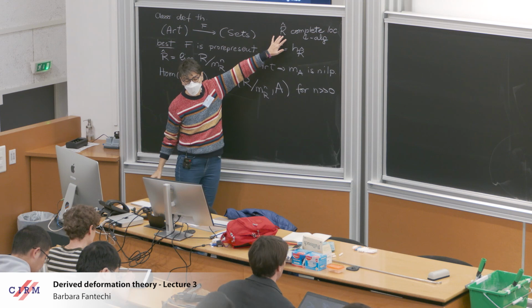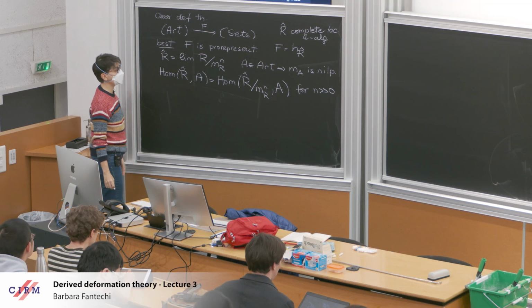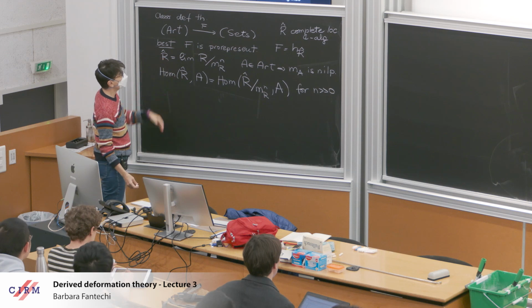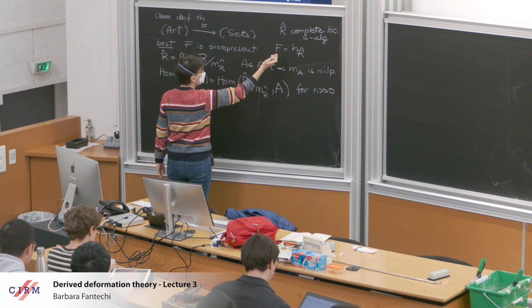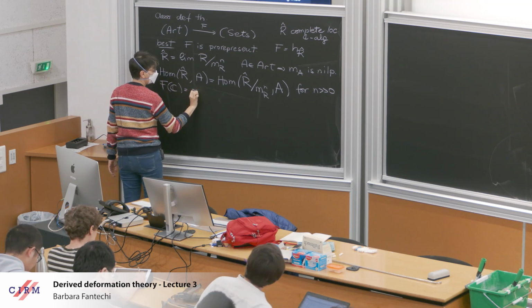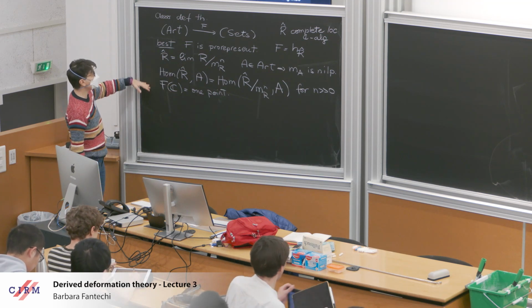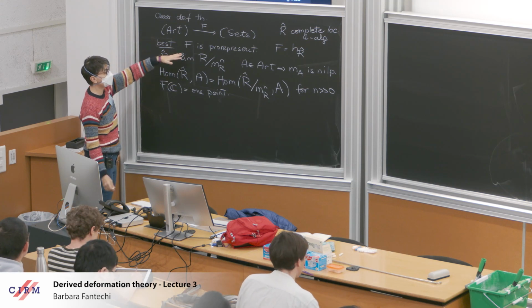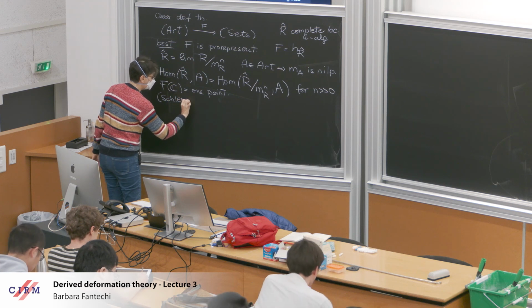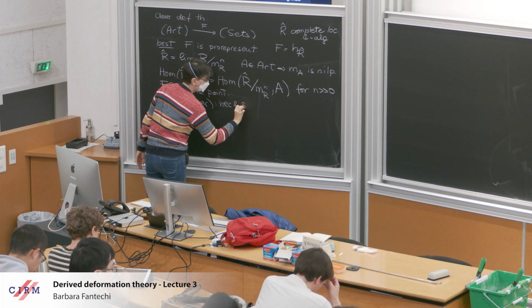Basically the finiteness I want is that all these finite approximations are also Artinian. And of course the first condition is that we always assume that F of C is one point, as we did until now. And there are Schlesinger conditions that are equivalent to pro-representability, necessary and sufficient